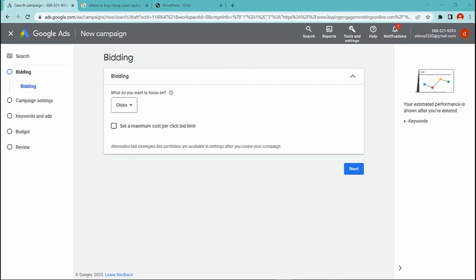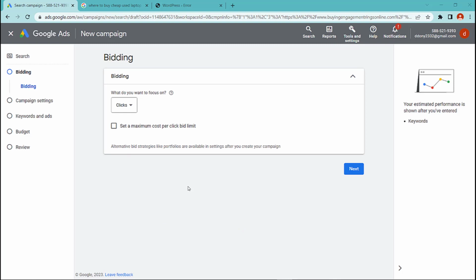First, set your budget. Before you start bidding, it's important to set your budget for the campaign. This will determine how much you can afford to spend on clicks, and it will help you to manage your costs and avoid overspending.